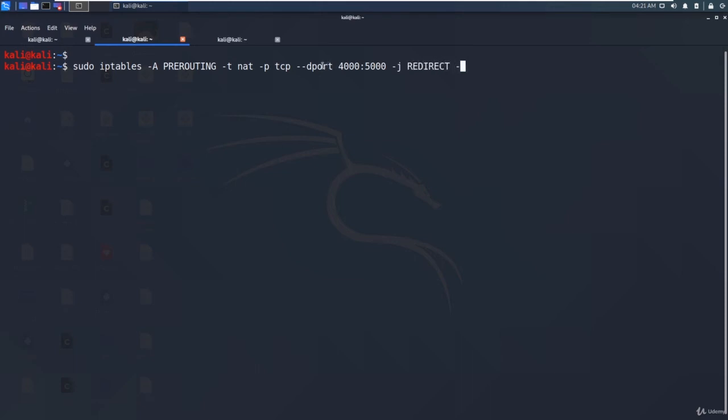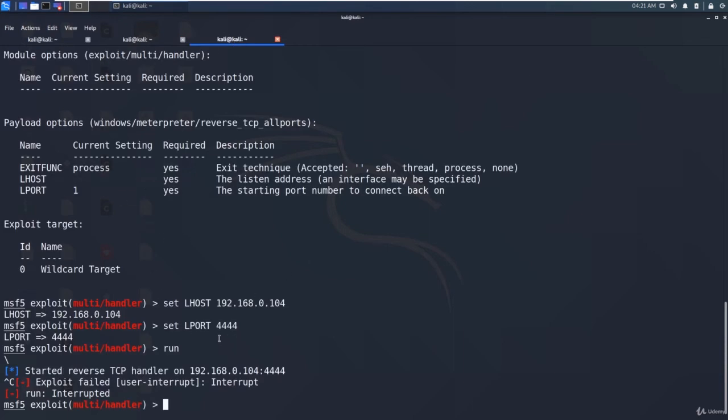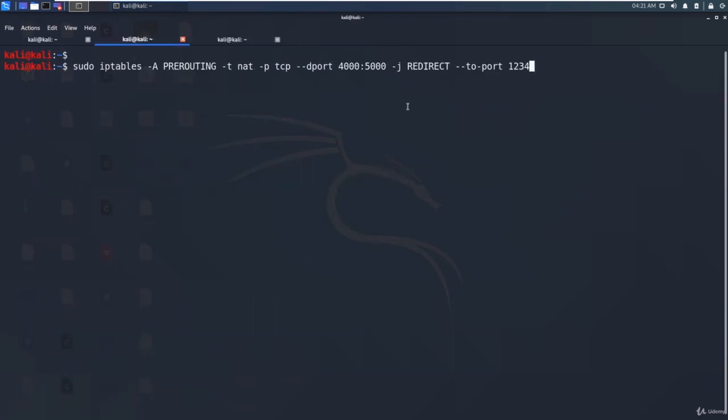I need to specify to-port, and let's say 4444, which is the LPORT. So what we are doing is, if any connection is going to a destination port between 4000 and 5000, then we are going to direct all the data to this 4444.